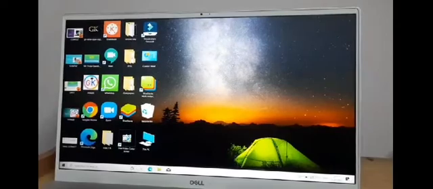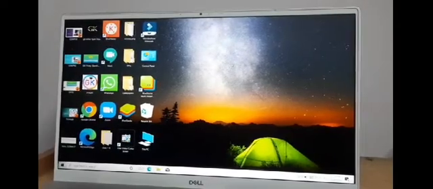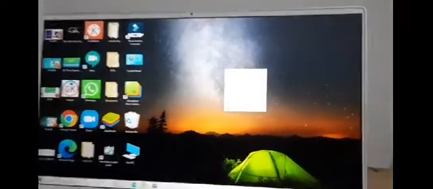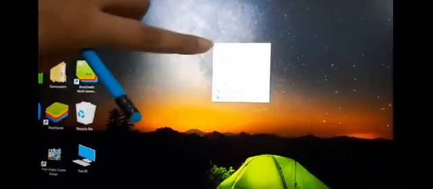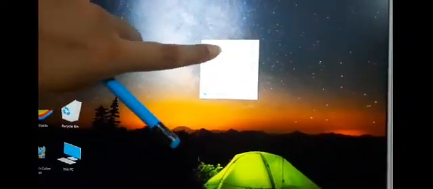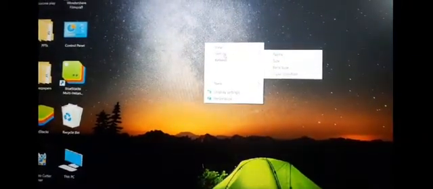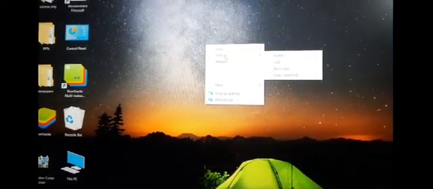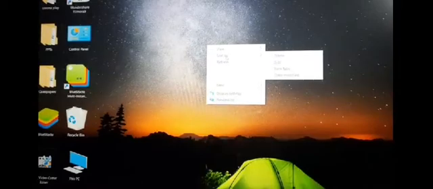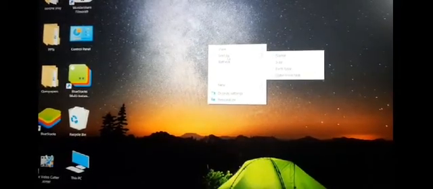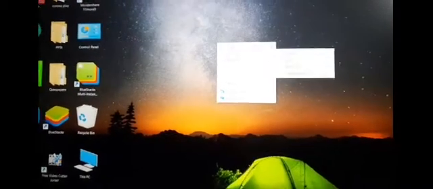So for that, what we have to do, first step is the same, right click. After right click, we go to view, but this time we will go to sort by. Why are we going to sort by? Because we want to sort it. Now first I will show you.